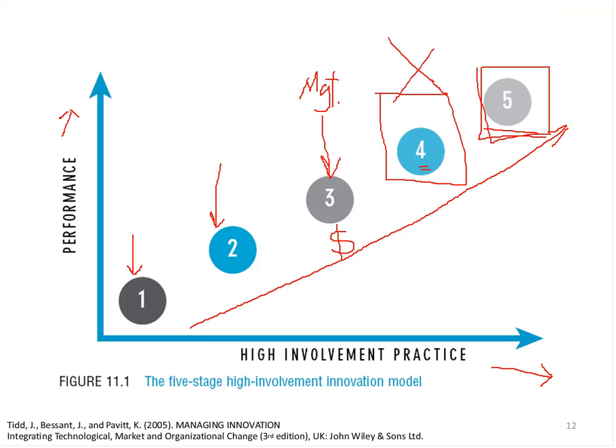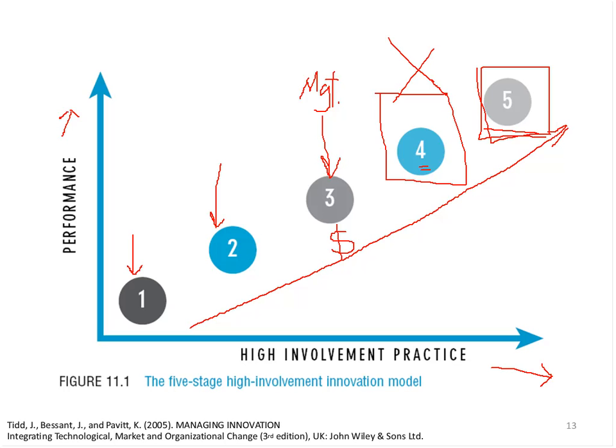And of course, when you have all these elements, you can increase the involvement of all the members of your organization to a level where everyone contributes to innovation. Level 5 is a level where everyone is very much equipped with all the attributes a very creative individual should have. At level 5,